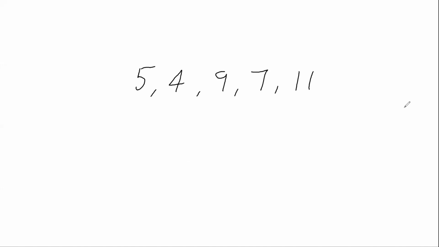We have to sort it. The input is that we have to take the numbers from the user, that is, 5 numbers received from the user. Now we have to sort this and display the output to the user. What will be the output of this program? Sorting means it will be sorted either in ascending or descending order. Now we are arranging in ascending order. The output of this program will be 4, 5, 7, 9, 11.